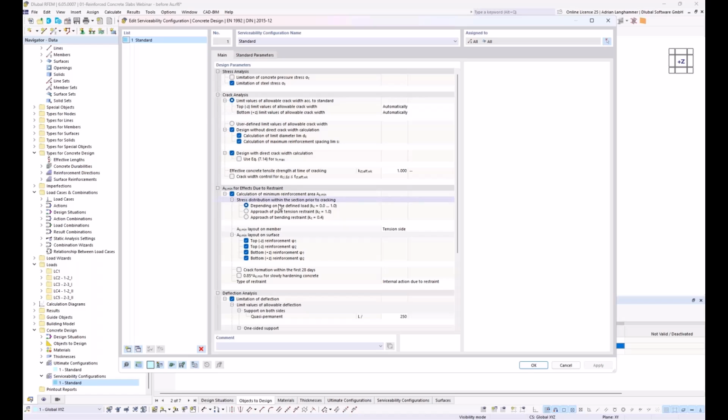It's quite similar. I have settings regarding the SLS design checks or for the SLS calculation. Here I would like to turn off the steel stress analysis because it's not necessary in each case. I also will adapt here the setting for the stress distribution for the effects due to restraint. So I will use bending restraint because I know I have here a slab,